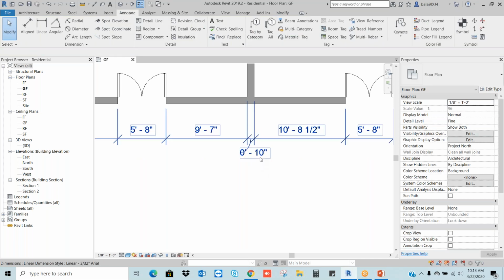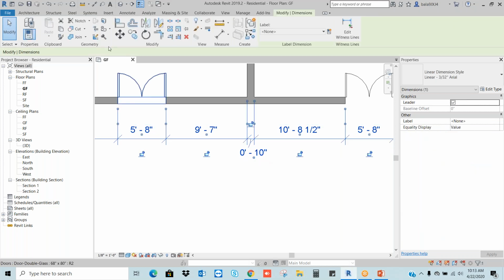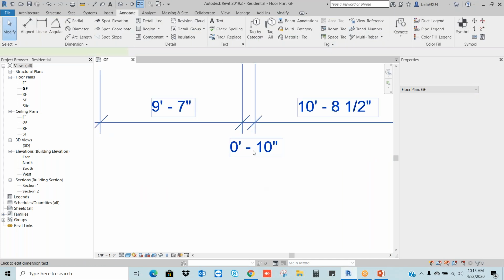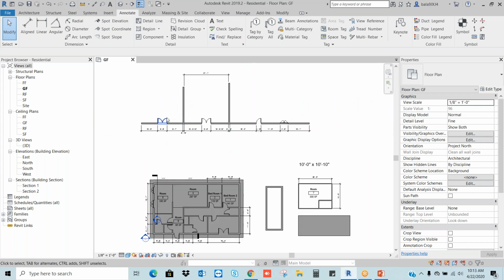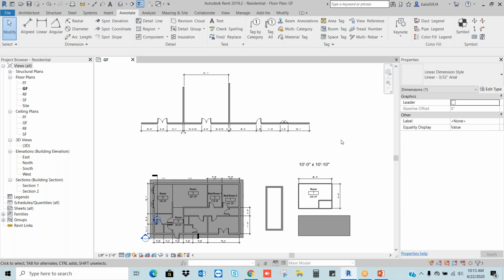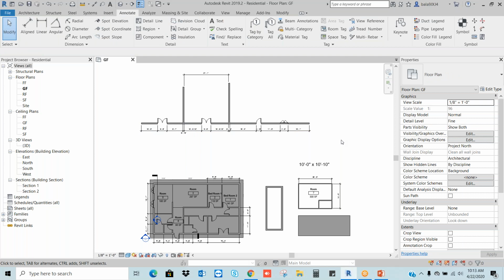See here, if you don't want this leader line, select the text and go to this options, remove this leader. Okay. This is one simple method to place the dimensions. And this will be one single entity. It's a continuous dimension, it's a single entity.